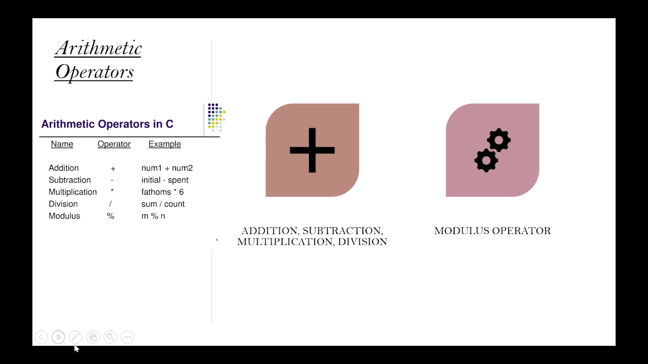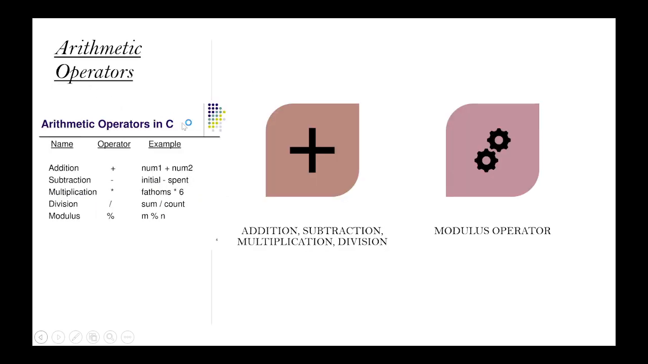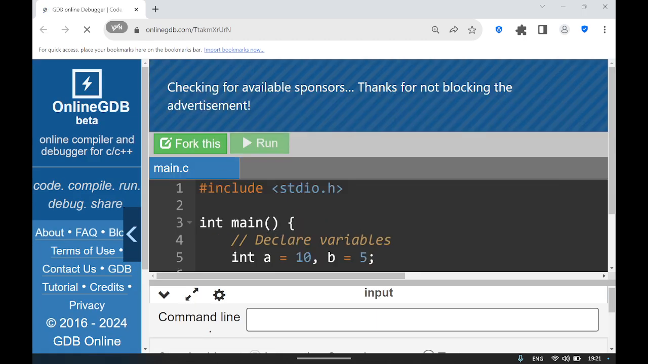Next, let's move on to the operators in C programming. The most important and basic operators include arithmetic operators. Among them, the most important operator would be the modulus operator. Now let's look at an example program to understand the various operators in